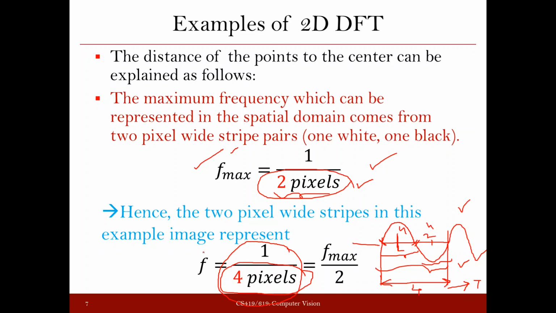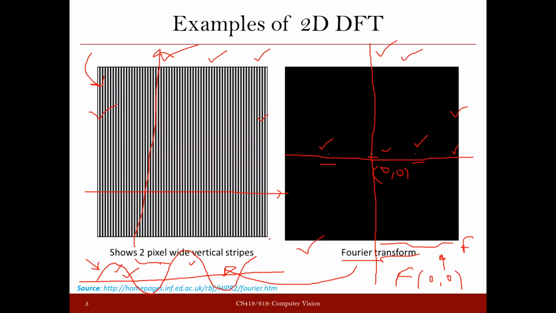So this is the maximum you get, and if you compare the frequency that we get in our case, this f for the pattern that we have here is nothing but half of what you have here. This is 1 by 2 pixel, and here you have 1 by 4 pixels. So in the diagram, the extreme point here is going to tell you the f max, and since your f is half of this, you see that this point is almost at the midway if you travel from here to here. This is at least at the middle here, okay. And the reason is just this, because this frequency is half of the maximum possible frequency, okay.